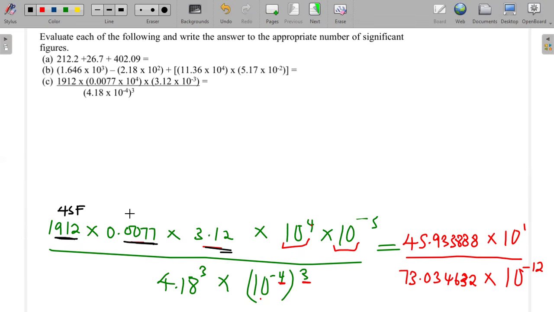2. 2. Okay, 2 significant figures, correct. Then this one here has 3 significant figures like that. So it means the final answer that I get from multiplying these should have 2 significant figures. So I'm just going to run this from there. So 9 is greater than 5, so I add the 1 to the 5. So what I have there is 46 multiplied by 10 to the power 1 divided by, and then down there,